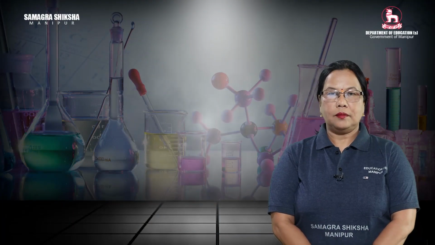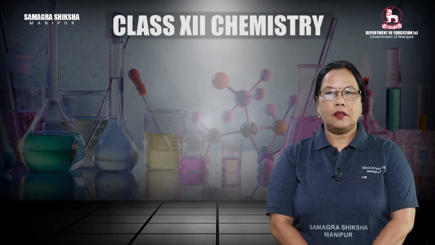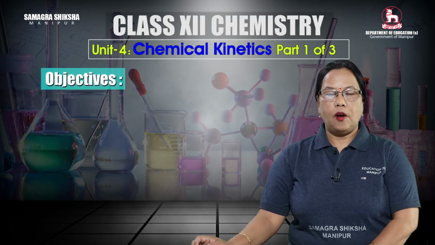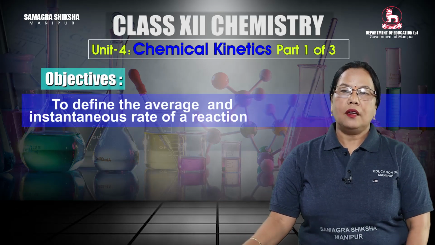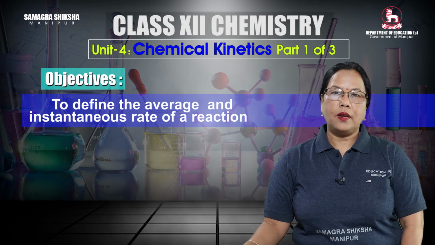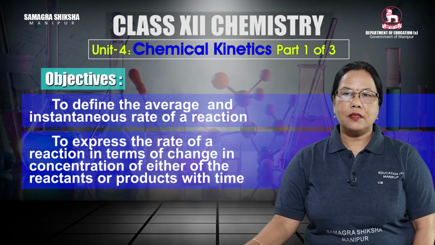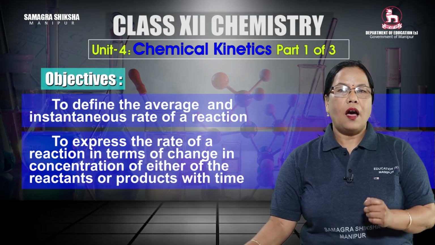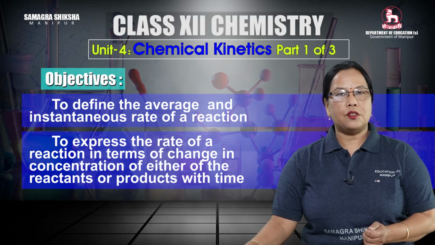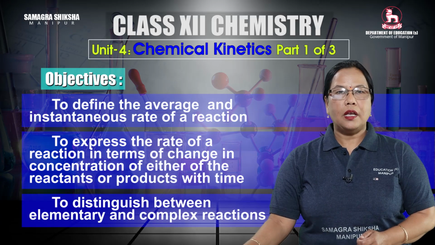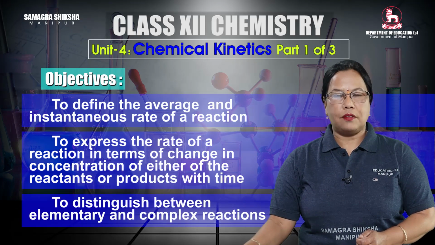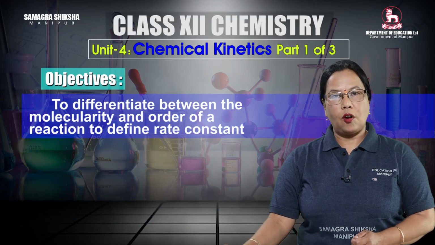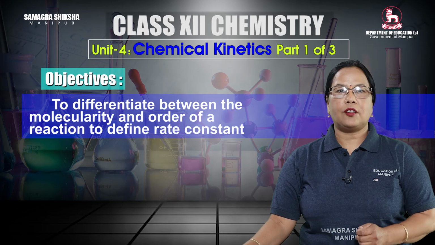Hello everyone. Today, from chemistry, we'll learn Unit 4, Chemical Kinetics. The main objectives of this unit are to define the average and instantaneous rate of a reaction, to express the rate of a reaction in terms of change of concentration of either of the reactants or products with time, to distinguish between elementary and complex reactions, to differentiate between the molecularity and order of a reaction, to define rate constant,